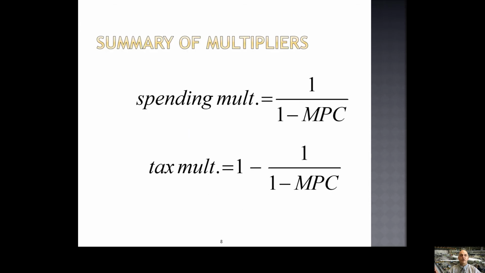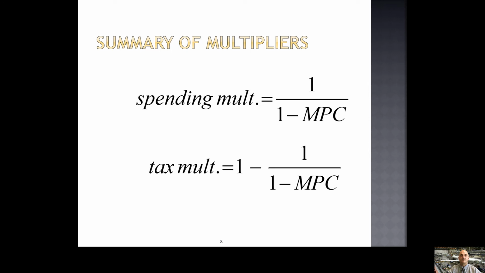So ultimately, what we discover is the mechanics of making this work are the use of what are known as multipliers. There are two multipliers you will learn about in this chapter, the spending multiplier and the tax multiplier. And in using those multipliers, we can discover how much does our spending or investment or government spending or net exports, how much do they have to change in order to get the economy to move to our full employment